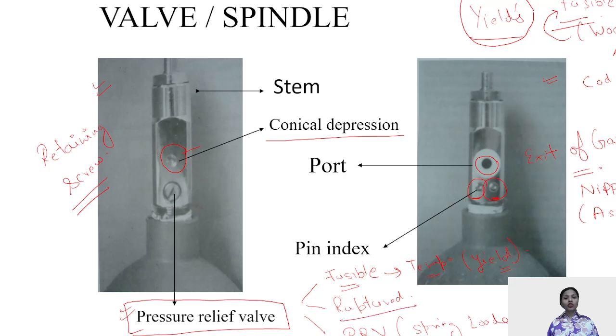Then you have the ruptured type of pressure relief valve. In the ruptured type, you have temperature. That is, when the pressure increases, the temperature increases, it ruptures, or it also ruptures by overfilling. This is also irreversible. But the spring loaded pressure relief valves are reversible. That is, the spring will vent the gases, and after the pressure has come back to normal, the spring is also going to come back to the normal position. So this is the reversible type of pressure relief valve that is present on your cylinders.